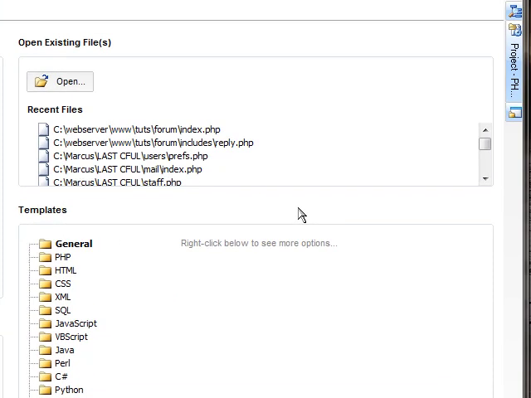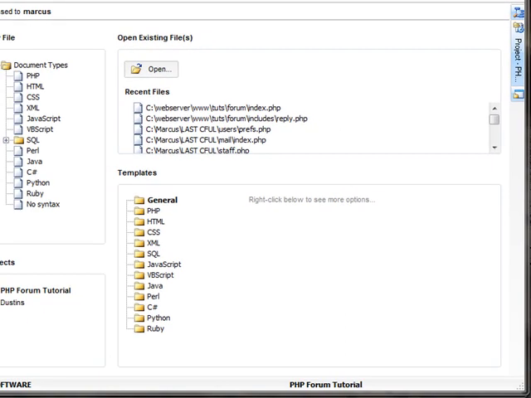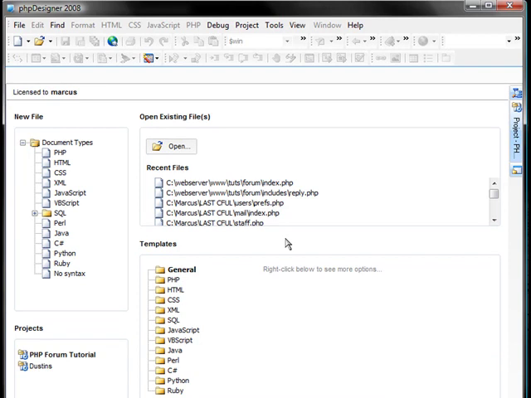What is this? The 13th installment? It's 12th, 13th, 14th, one of them. But this is going to be another installment of our PHP forum tutorial. I thought in this tutorial we can start some of the basic user moderation features, like editing a reply